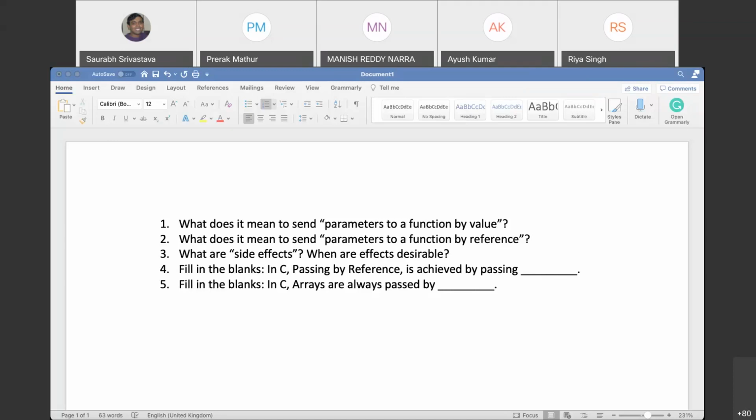The idea, Ria, is that you have two variables in main, A and B. Whatever values they currently have, after calling the swap function I want their values to be interchanged. If A had 15 and B had 25, and I called swap A comma B, after this function returns A should become 25 and B should become 15. This is what you should check. Now go and check the output again. The output in the two cases is not the same.